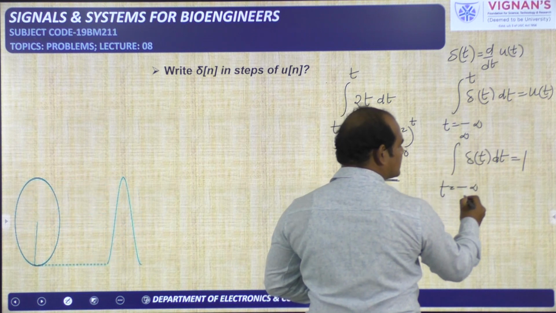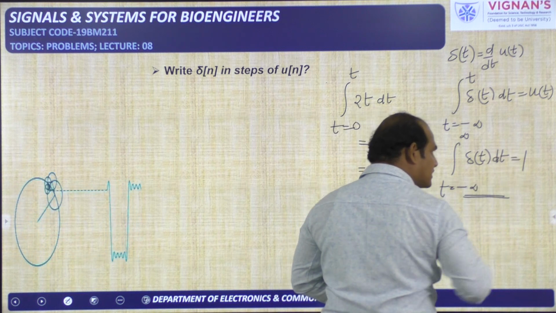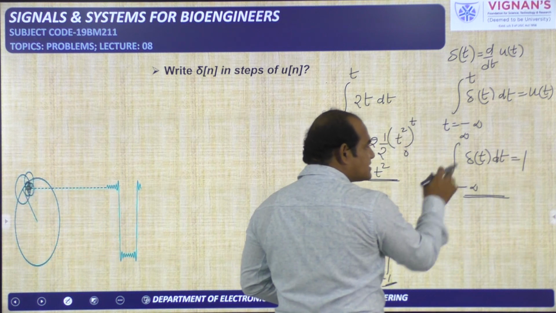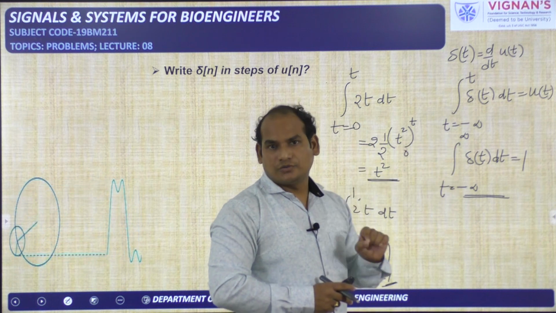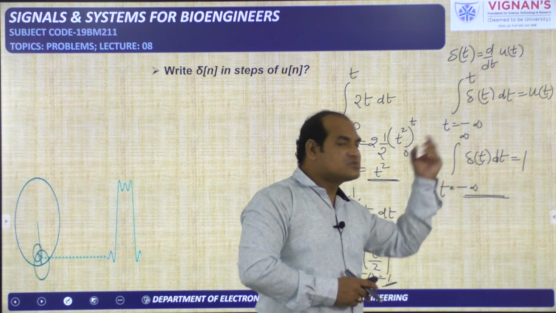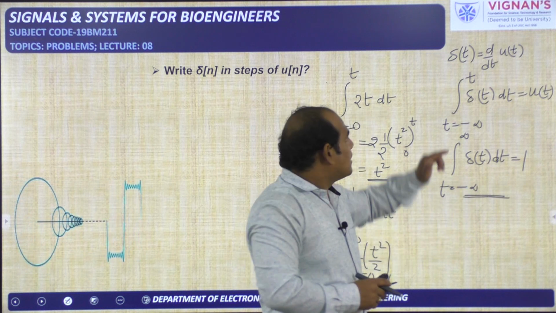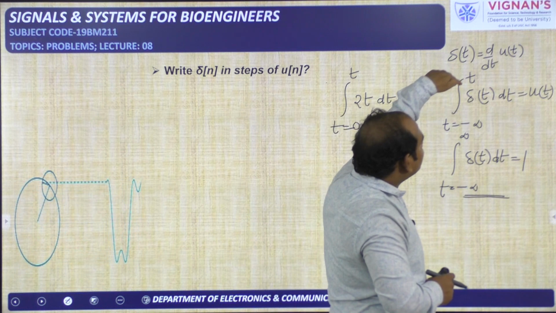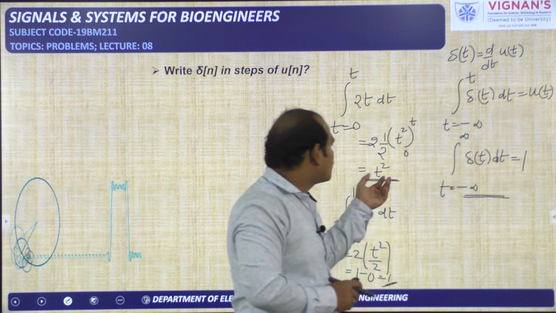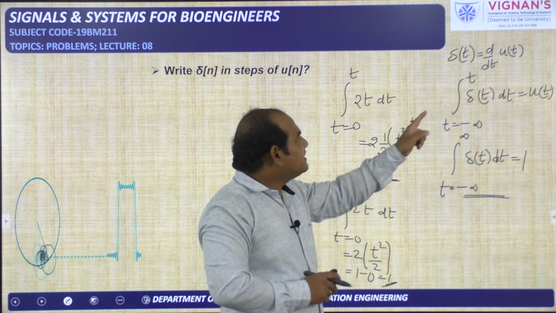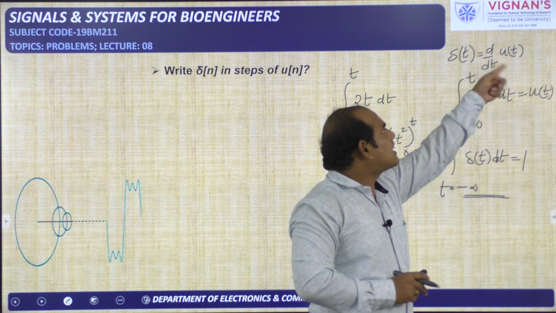Previously we have seen this equation. Integration of del of t dt, I am always saying it is 1. Okay, because here limits are minus infinity to plus infinity. These are values only. Infinity means large value. Negative side large value to positive side large value. If you do the integration for the del signal, you will get 1. But here you are doing the integration by taking the upper limit as variable t. So you should get a function only, like t square, like t cube, like that. So integration of del of t will give u of t. And why do we get u of t, means already here proof is over.